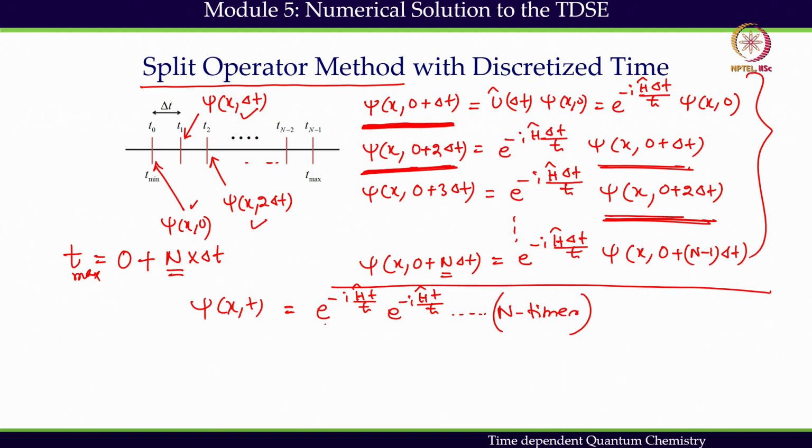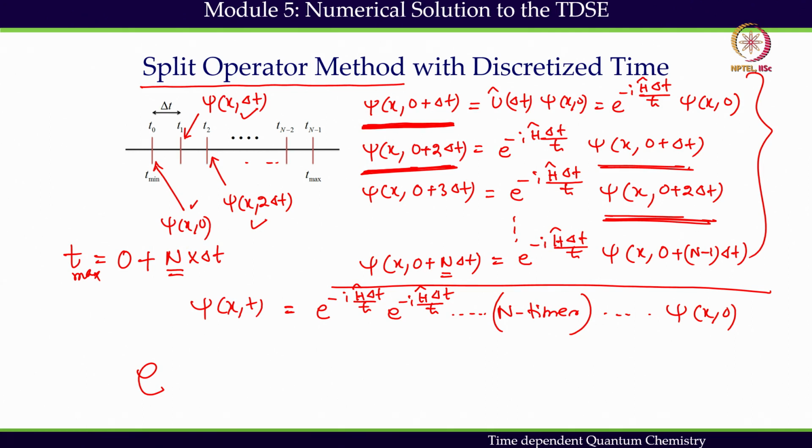So, n times I have to make a product of this discretized, sorry, this is not t, this is delta t, because already we have said that under this delta t approximation it will work. So, n times, and then I have to multiply by the initial wave function. So, that is the basic idea. So, finally, I am getting a way out